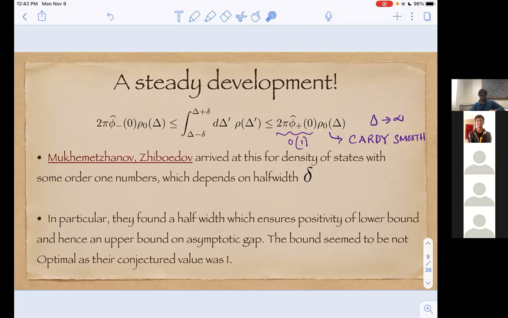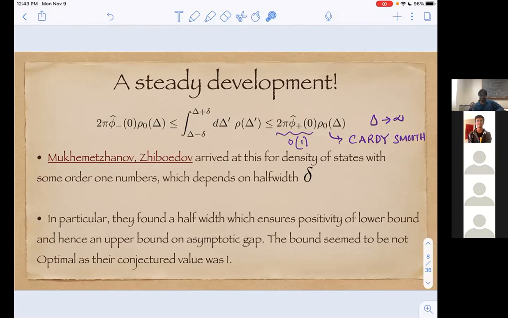And we can also see that this inequality is only non-trivial when the lower bound is non-zero. Only when we can show the lower bound is non-zero and positive, then we can show that both the lower bound and upper bound have a positive exponential growth, and then we can immediately conclude that whatever sits inside has a Cardy-like growth. So we need to ensure that this lower bound is positive or non-negative. And this will not happen automatically for any delta.